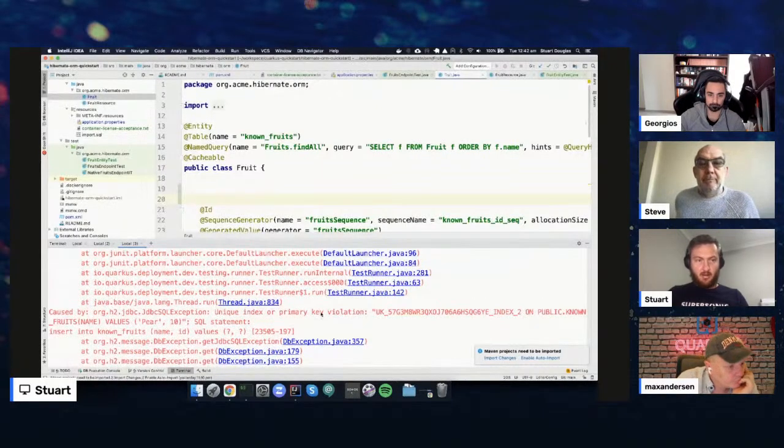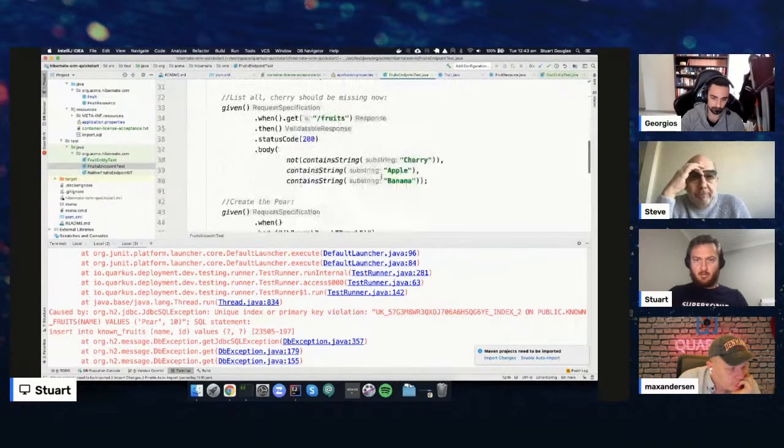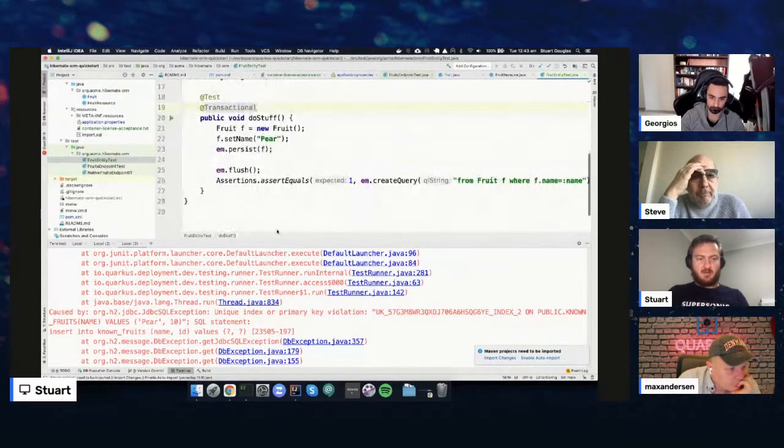And it's failing because there's already a fruit named pear in. Oh, this test adds a fruit named pear. I might change this. So my tests aren't working very well. I'll call this one a pineapple. So